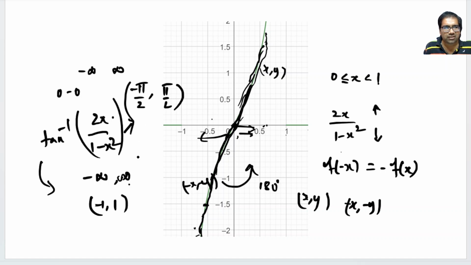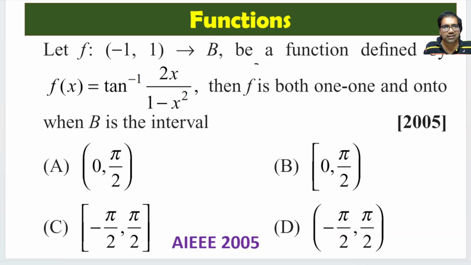When this is mapped with minus pi by 2 to pi by 2, this will be one-one. If you are increasing this beyond minus pi by 2 to pi by 2, then we cannot say this. But if it is between minus pi by 2 to pi by 2, then it will be one-one and onto. Onto means